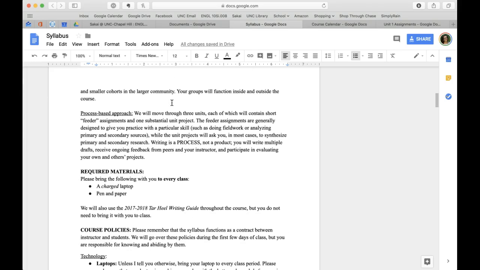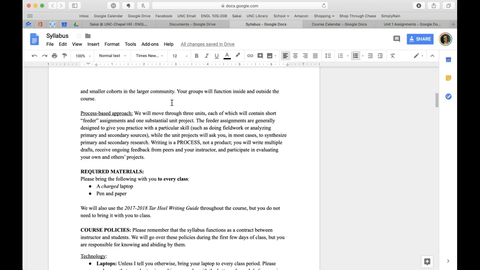And the other thing is we're going to take a process-based approach to writing. And the idea here is that writing is a process, not a product, that over time your writing can always improve. We're going to be drafting. You're going to receive feedback over and over again. You're going to evaluate each other's work. And that should show you a good sense of how your writing can improve, but also emphasize the fact that writing is actually a cognitive process, that you think while you write. It's not just something that you plunk down on your professor's paper and then it's over.